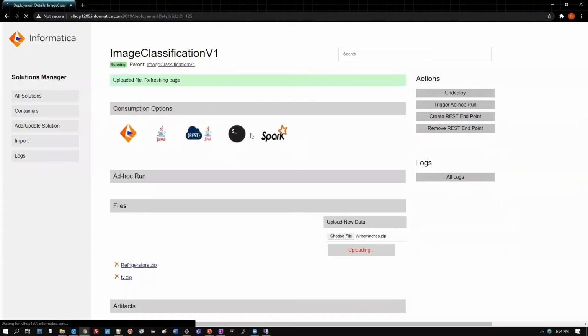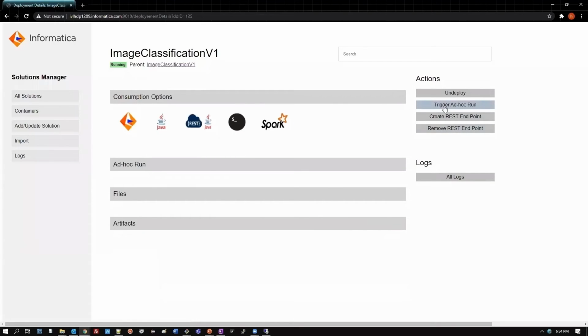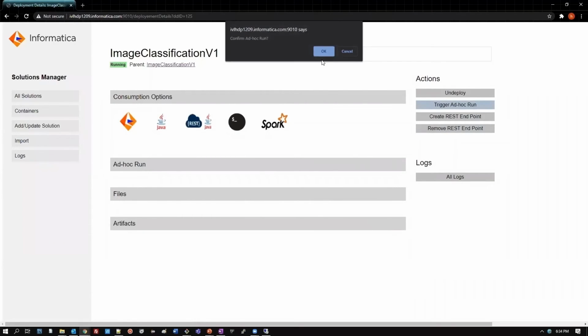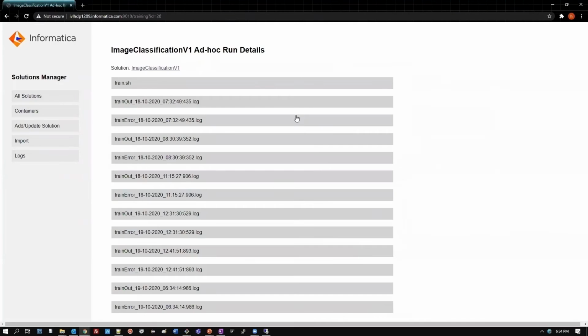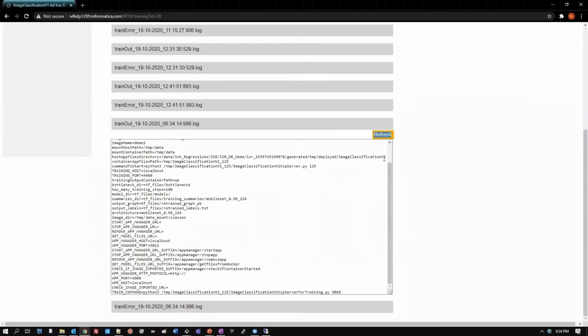And once we upload the data, we can then click on trigger ad hoc run, which will trigger the training job for us. And we can come here and monitor the training job. And behind the scenes, the AI Solutions repository will take care of repackaging the updated and trained model so that all the platforms from where this particular solution can be used don't have to make any changes in their corresponding platform.